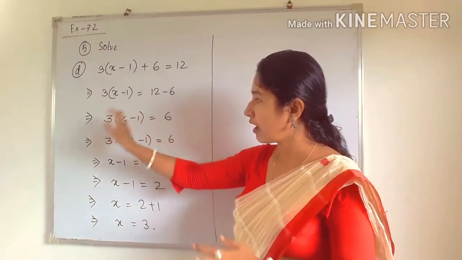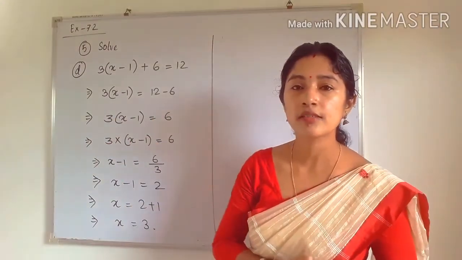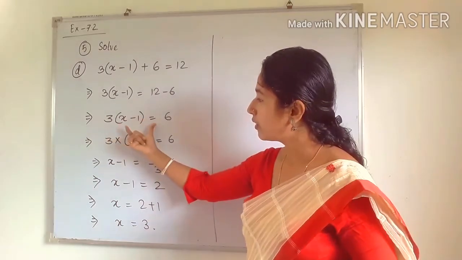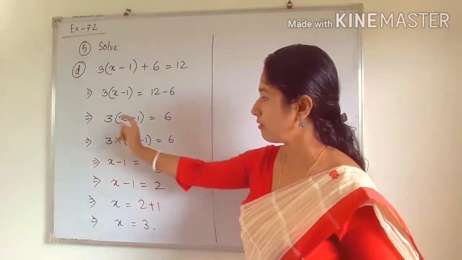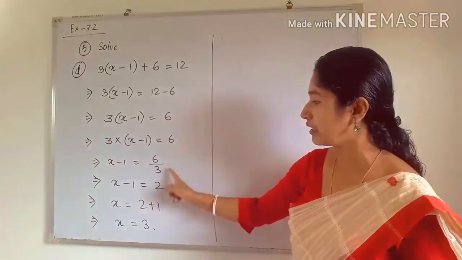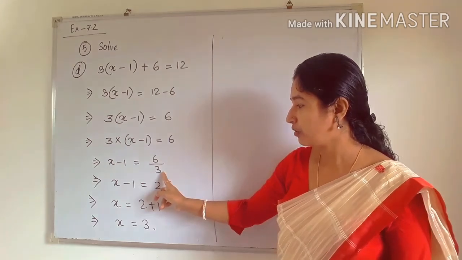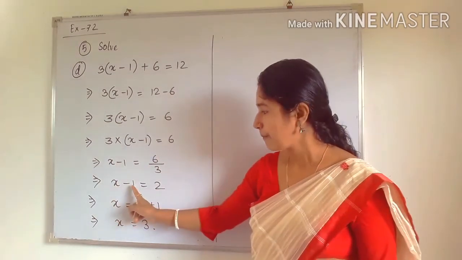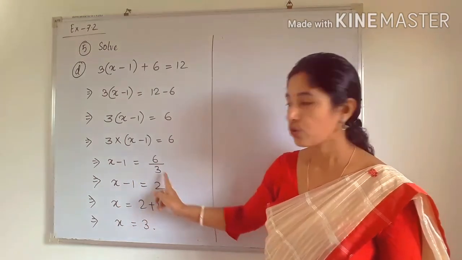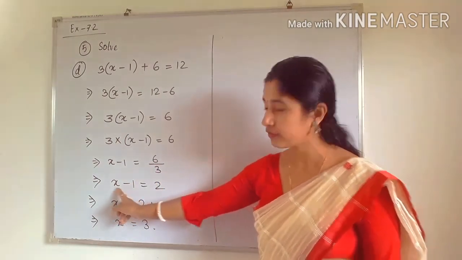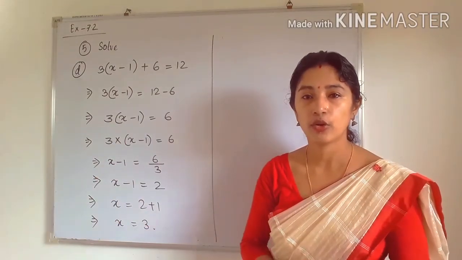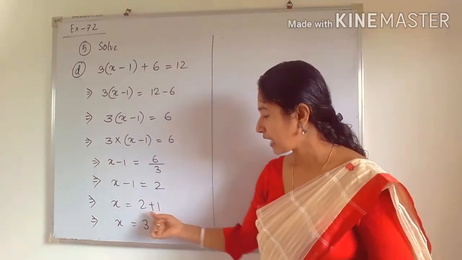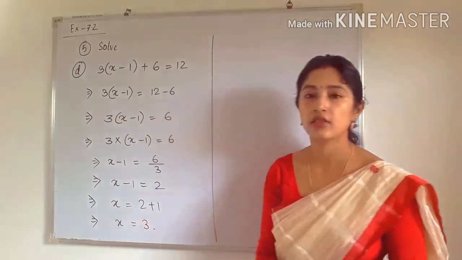Now see the left hand side. Now 3 is whole multiplied with x minus 1. So now we can transfer 3 to that side as no other number is there in the left hand side part, okay. So if we transfer 3 to that side, it will get divided. So 6 divided by 3. Okay. So 6 divided by 3 will be 2. So now the next step. Okay. Next step is we have to transfer minus 1 to that side. So x will be alone in left hand side. Okay. By that way we can easily find the value of x. So here it is minus 1. When we transfer minus 1 to that side, it will be added to 2. Okay. So the final answer will be 3.